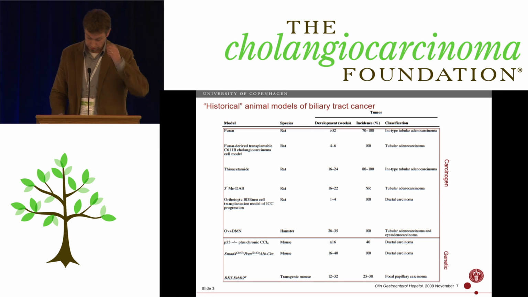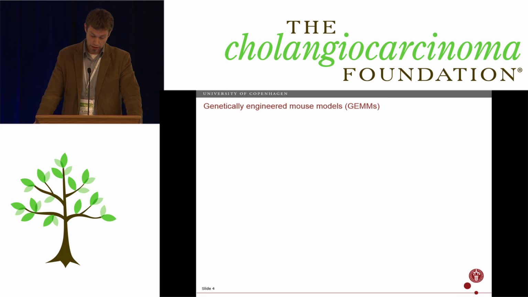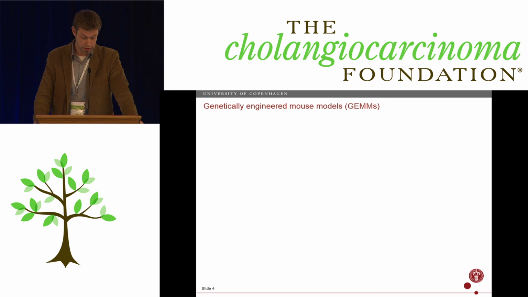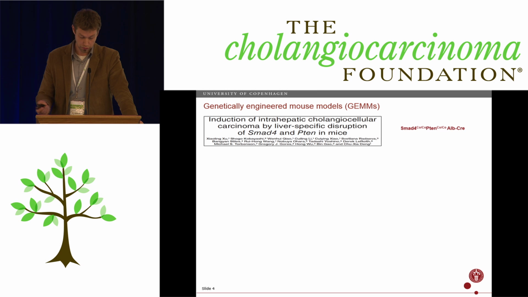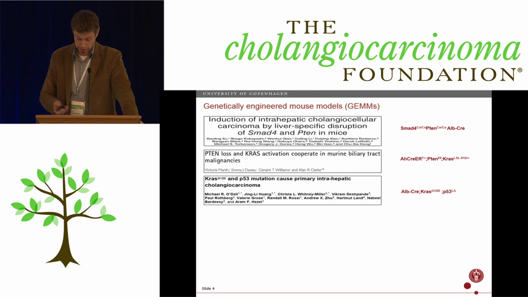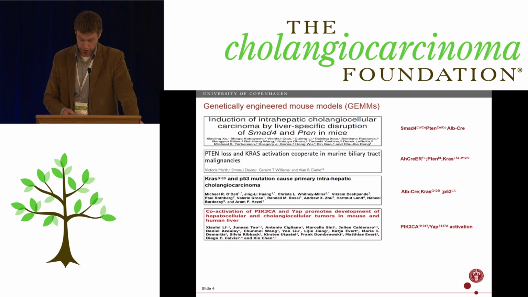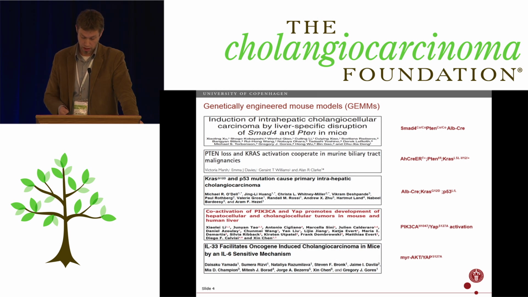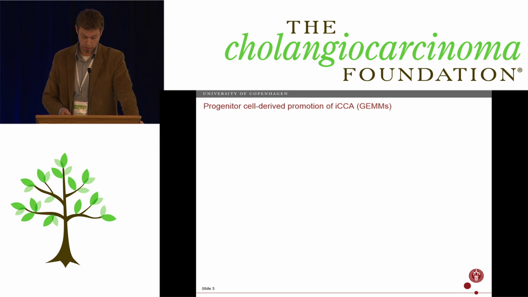That was very quickly followed by genetic models, of which we have already talked about some of them. And now also a number of other genetically engineered mouse models, of which I will go through pretty fast. The SMAD4 PTEN, PTEN KRAS, KRAS p53, PIK3CA, YAP activation, and mutated AKT YAP pathways. And you kind of already see a pattern here that it is PTEN, KRAS, p53, and YAP that are the overall line of all of these models.